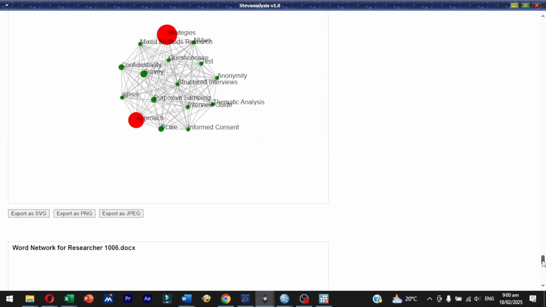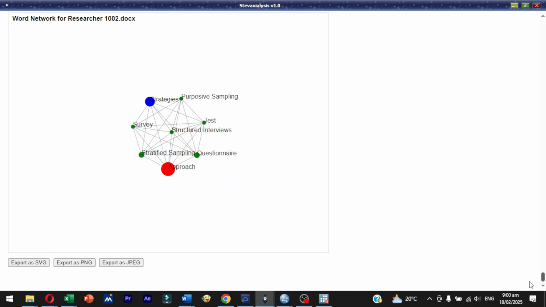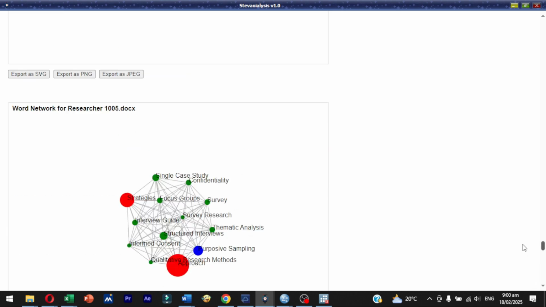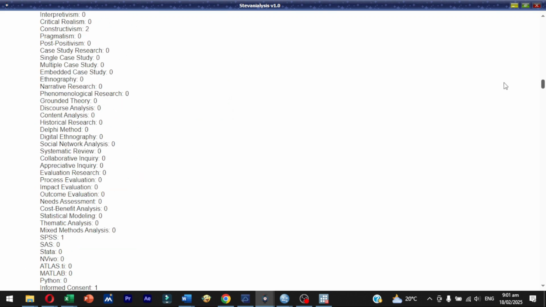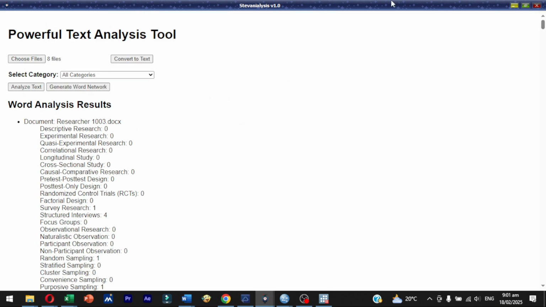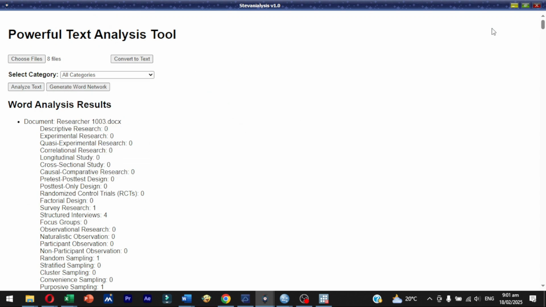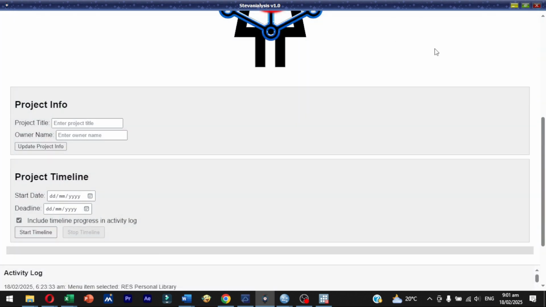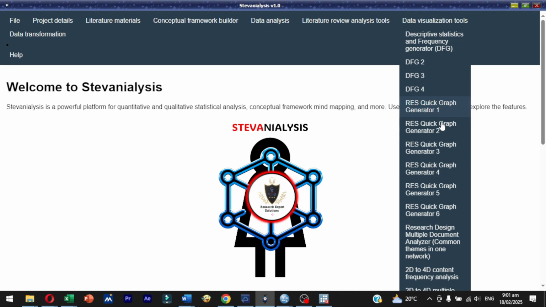So you see, you can analyze this for all the researchers, which makes things very easy. And when you are trying to analyze research gaps, you can easily see where the gaps are. Okay, so let us close this. So you can analyze these things by all these different research designs. Okay, so now the next one is